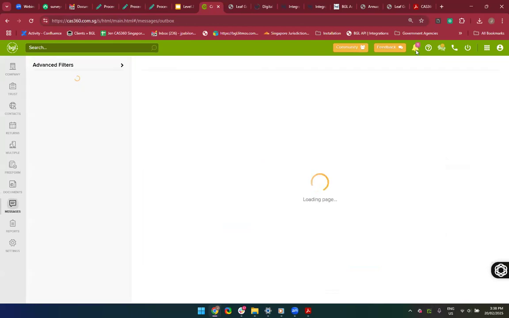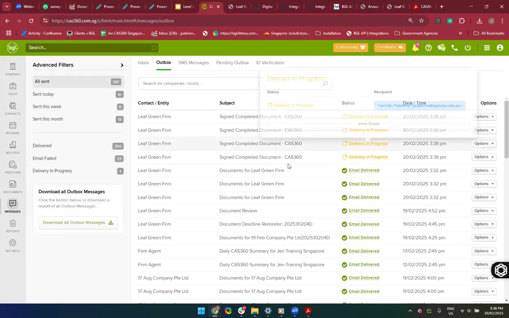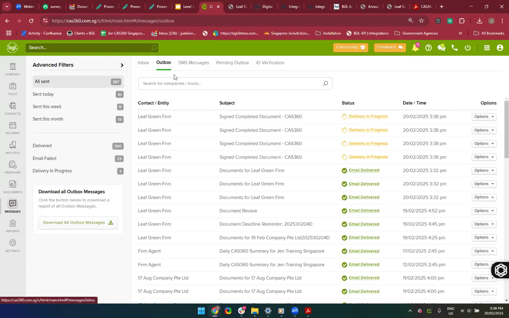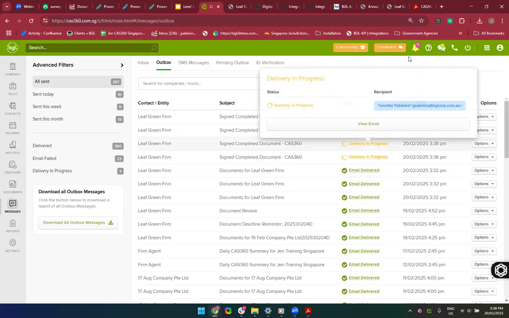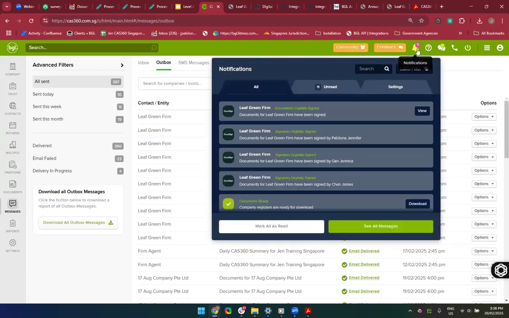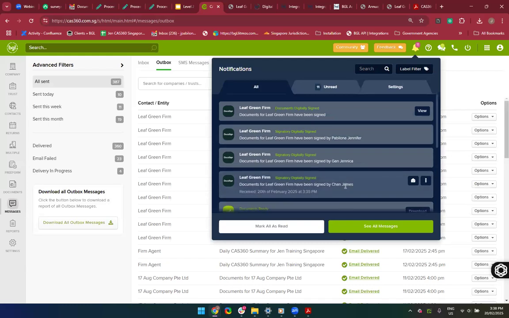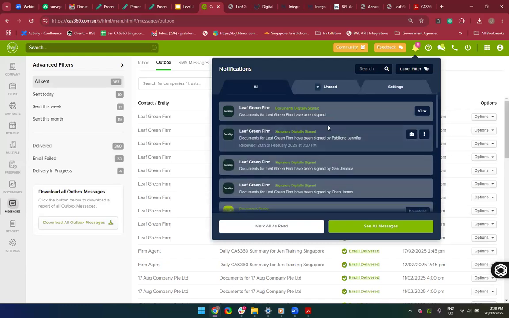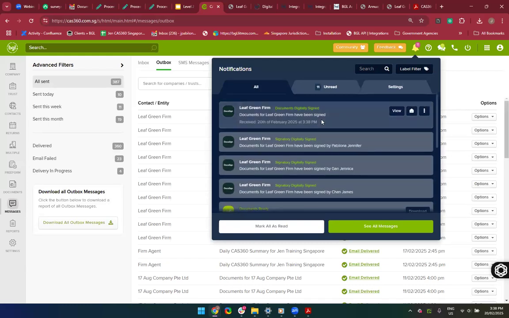So it should be showing. So you can see I have multiple more as well. And in your messages under Outbox, you can see that signed document is in progress. And now you can see that all these three signing partners have signed a document, and you will receive another notification from, in this case, DocuSign,